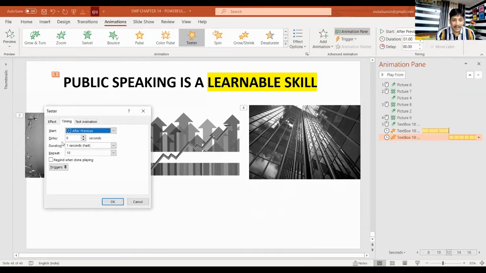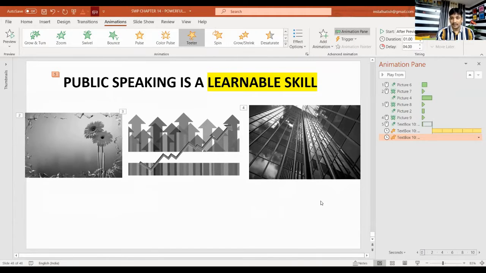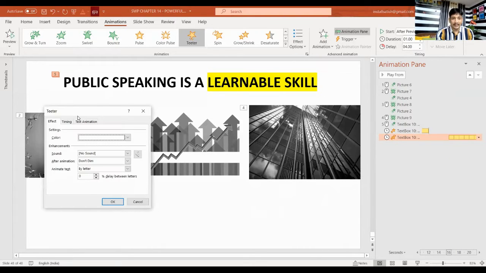There's one more option called delay. You can see delay here, which means, let's say if I give a delay of 4 seconds, for what? For teeter, right? No, this is teeter one. The last one is teeter, emphasis teeter, but here I gave a delay of 4 seconds. So what happens is,